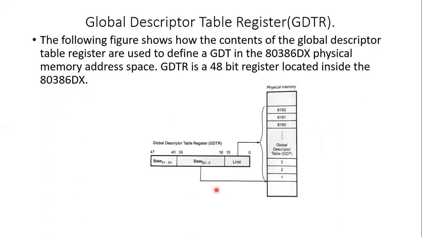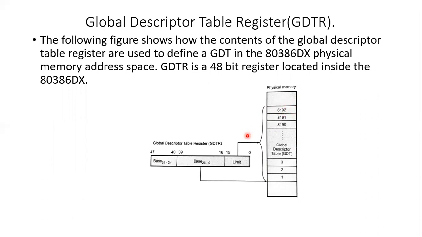See, this is the global descriptor table register, GDTR. It consists of two fields: limit and base address. And this shows the table in physical memory. This whole area is termed physical memory. This memory contains segment descriptors. These segment descriptors together form one whole descriptor table, and this table is given as the GDT, global descriptor table, and its limit is